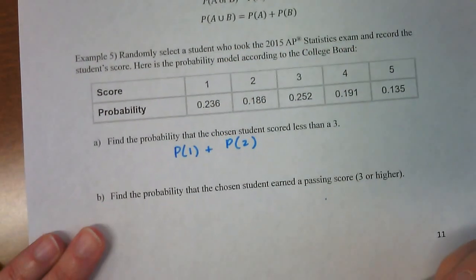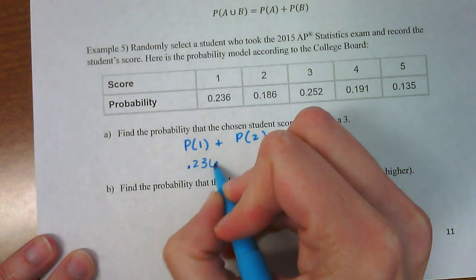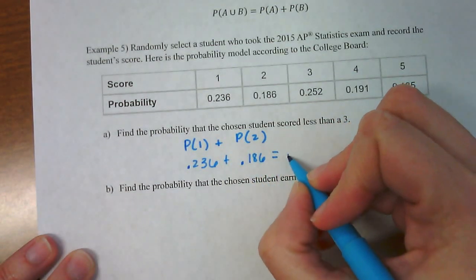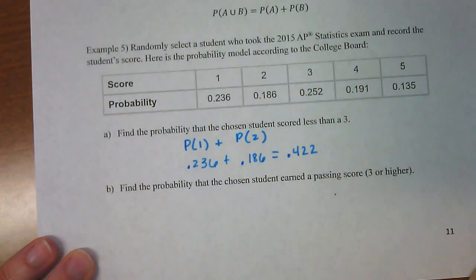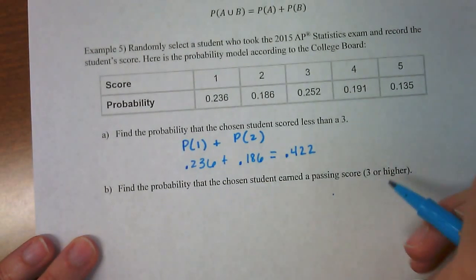We can't have both, right? It can't be a 1 and a 2. So we're just going to add those two probabilities together. And we get 0.422. Then it says find the probability that the student chosen earned a passing score, which is